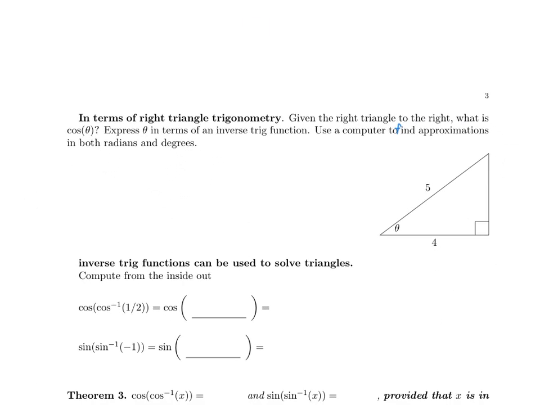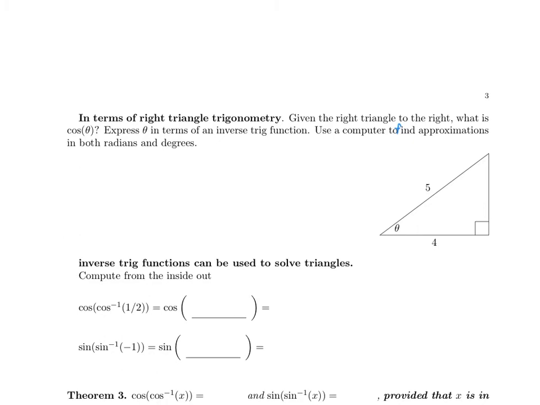So let's do an example of this, an application of inverse trig functions. One of the important uses of inverse trig functions is to take information about a triangle and use that information to determine other things about the triangle. So here's a setup. Here's a right triangle. It has a base of length 4, a hypotenuse of length 5. Let's try to compute